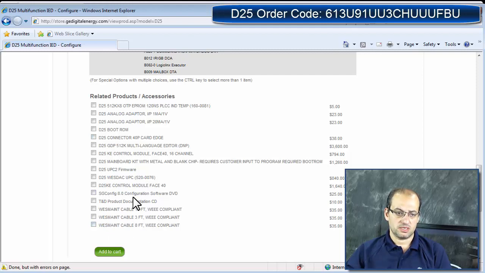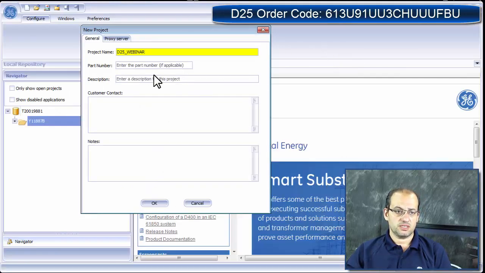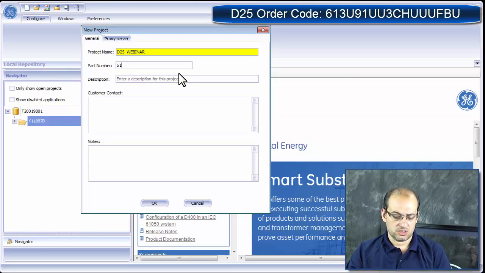You will need a SGConfig 8. If you want it on a DVD, you can get it from here. Okay, so we start our SGConfig. We have built our board. We can put the part number in here if we want, so we can say 613